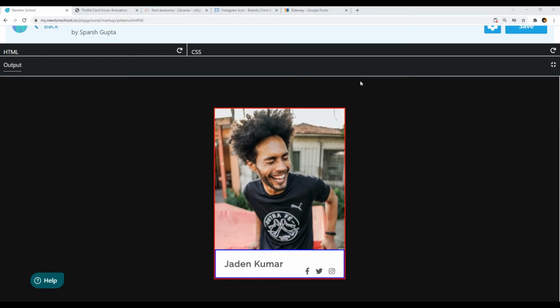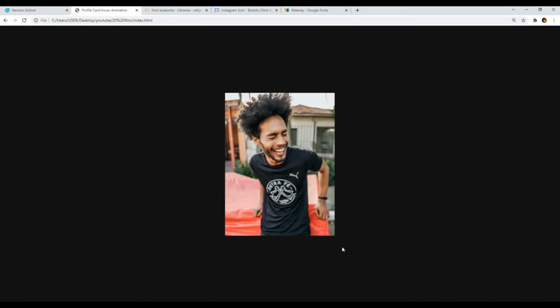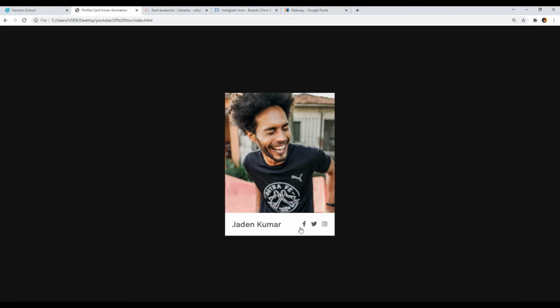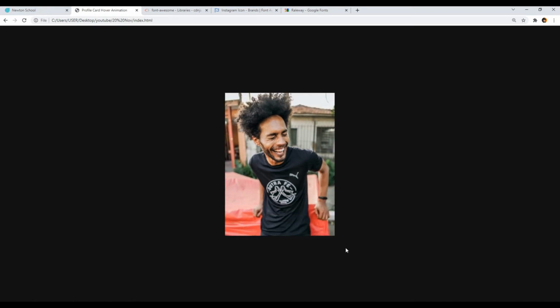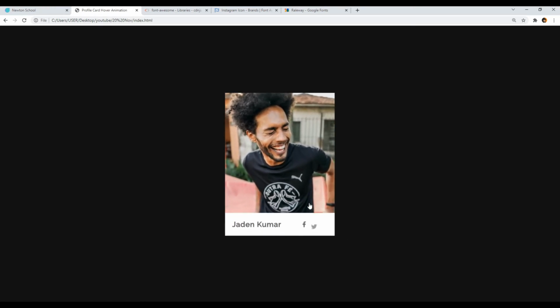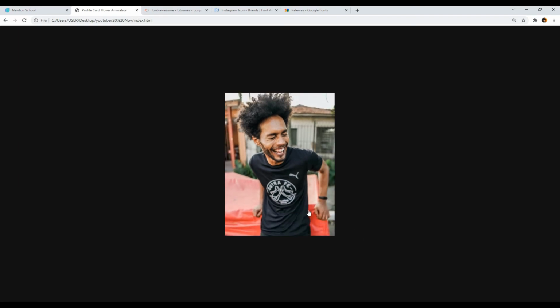And now one more thing that we have to do with our social media icons is we have to change their opacity also. So in this hover effect, they have opacity of 0 initially, such that they are invisible initially, and when I am hovering on our card, they are becoming visible and their opacity is becoming 1. So let's do that also.